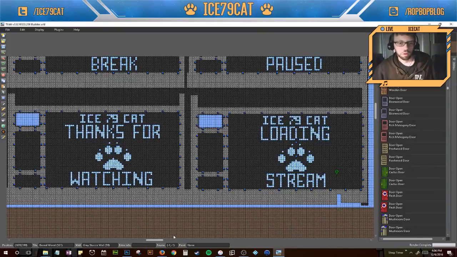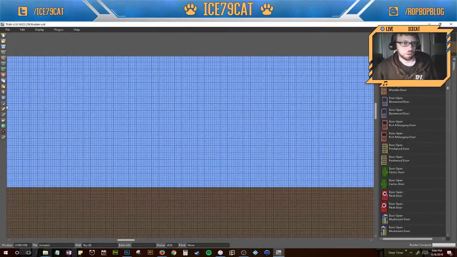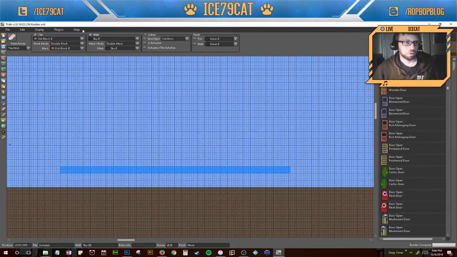Some lettering. Let's do a little mini tutorial here on what this is all about. Let's build a quick house. We're going to use the selection tool, which is one of my favorite tools to use. Let's build some dirt and some grass and then a little house. So we're going to fill it. Up here you have your tiles, you have your walls. I'm going to fill it with a dirt block, which I already have selected here, and you can see because it's check marked up here and check marked up here. So we're going to fill this little selection with dirt, and let's give it